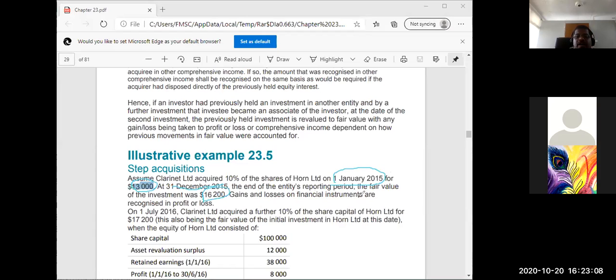Gains or losses on financial instruments are recognized in profit or loss. This is the financial asset through profit and loss. So the difference in fair value, you charge to the P&L. 13,000, 16,200, the difference you charge to the P&L. Okay. On 1st July 2016, that is 1 year later,